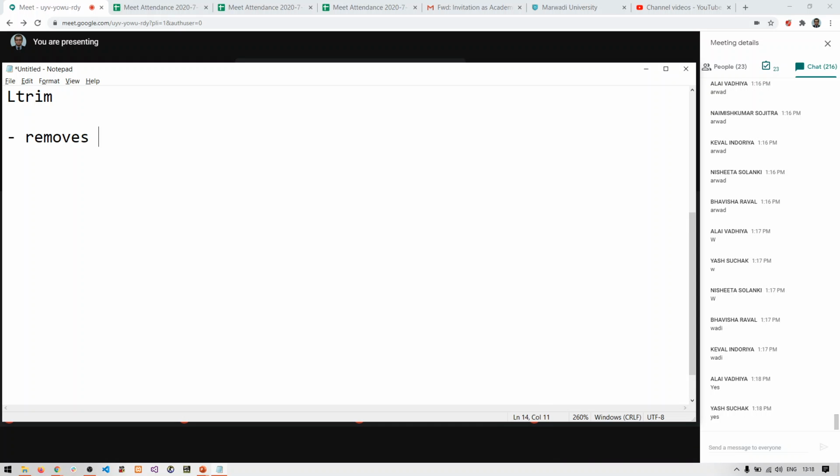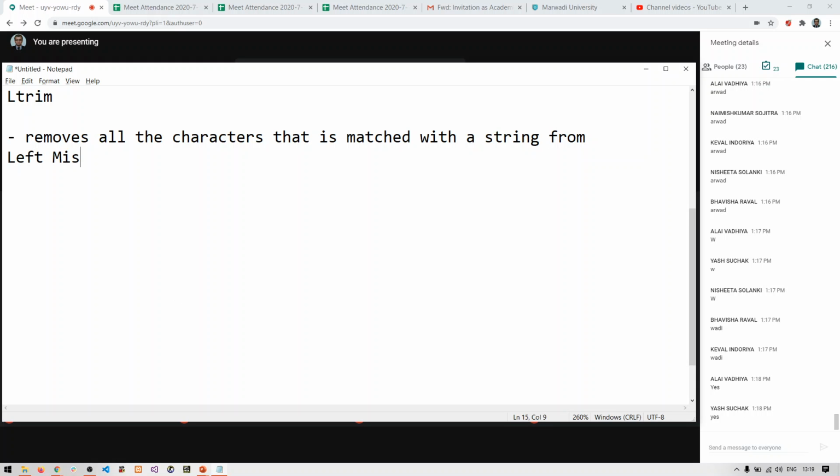It removes all the characters that match with a string from the leftmost side of the given string. This is what ltrim does. It removes all the characters that match with a string from the leftmost side of a given string.